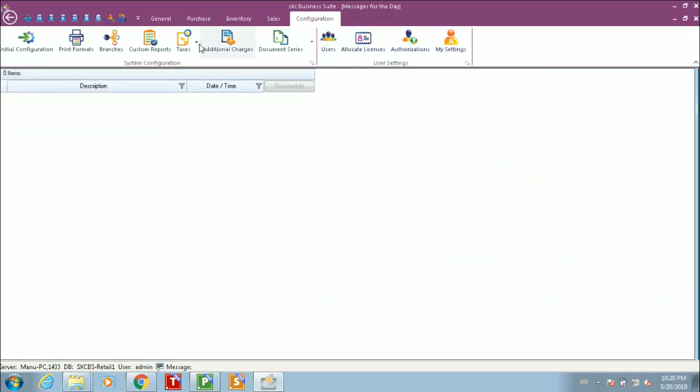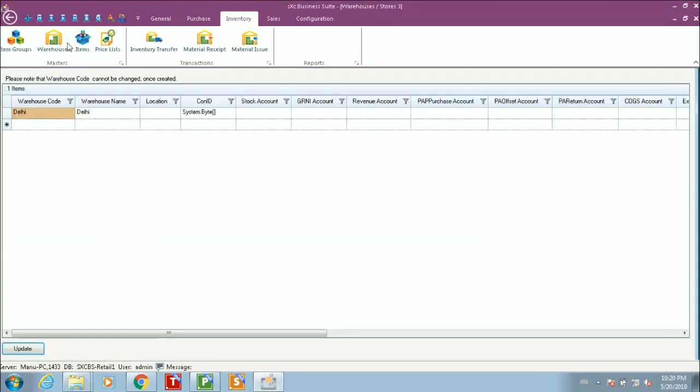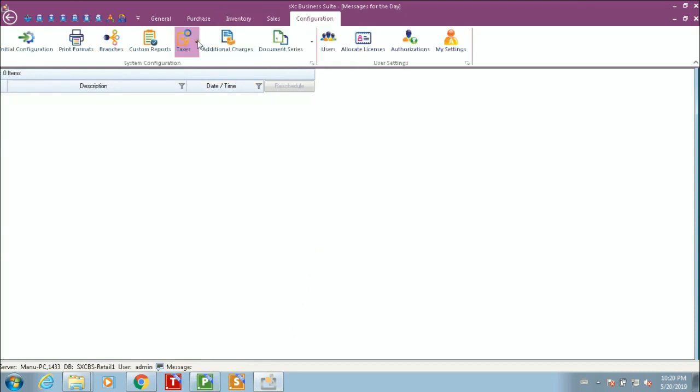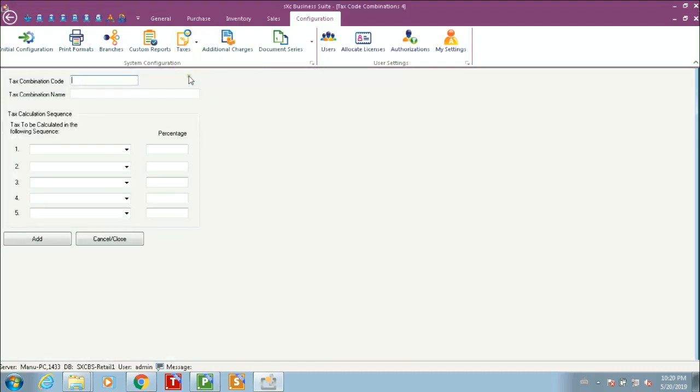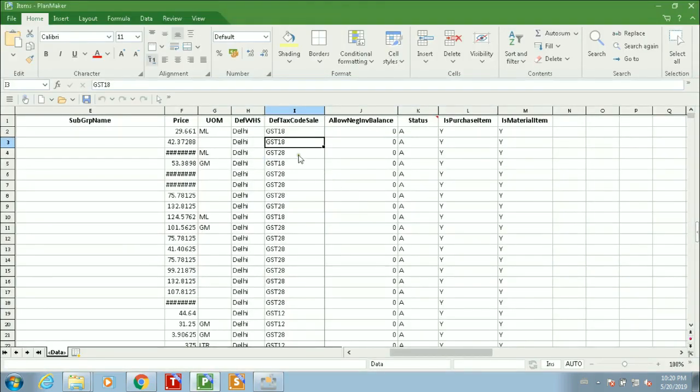So if we go to inventory, warehouses, now we have a Delhi warehouse, which is fine. And then we also need different tax codes. So if we go to tax combinations and let us see what kind of tax combinations we have. So we have GST 0, 5, 12, 18 and 28, and then we have integrated GST 18. Alright, so let us go here and